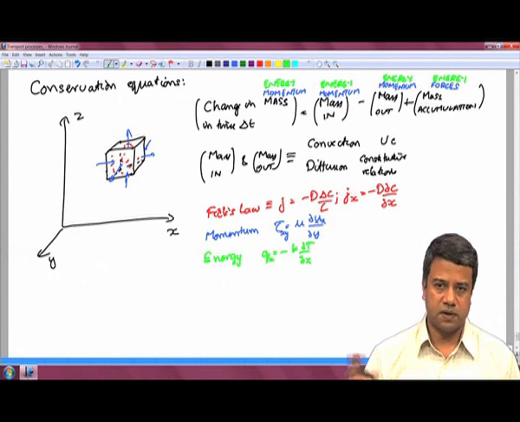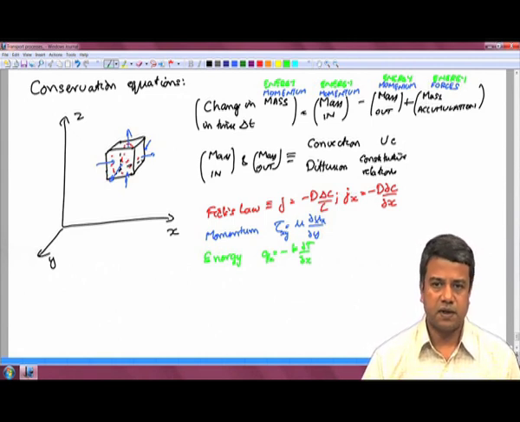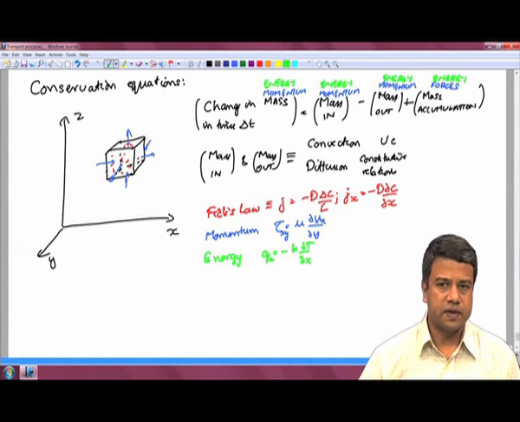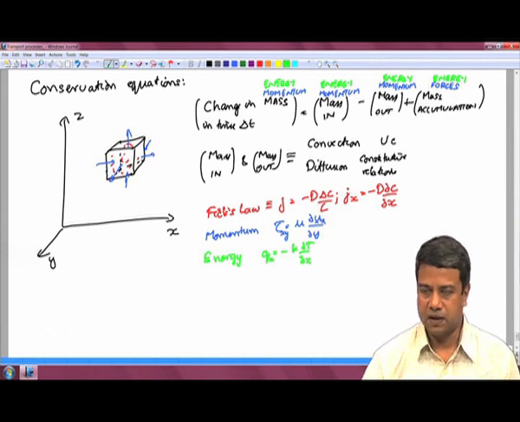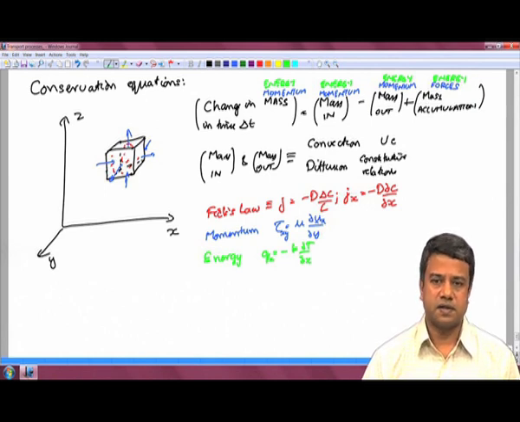Okay. And so on in the other directions as well. So, this is the fundamental equation, the fundamental balance equation, which contains a convection term and a diffusion term. Both of these depend upon the current distribution of mass, momentum or energy throughout this entire volume. So, when I write this down, I will get a partial differential equation,